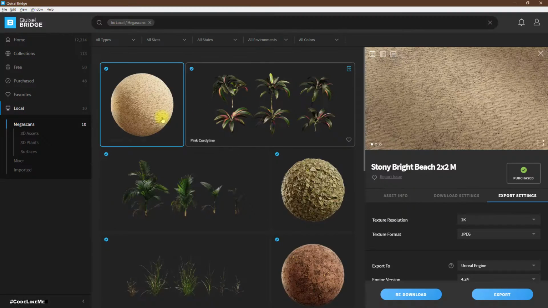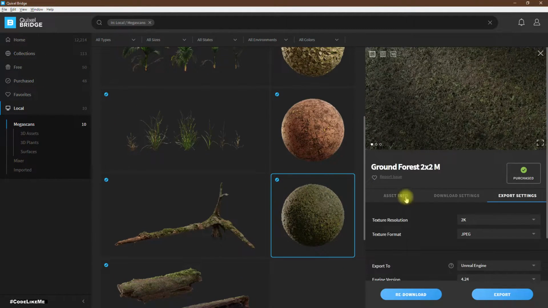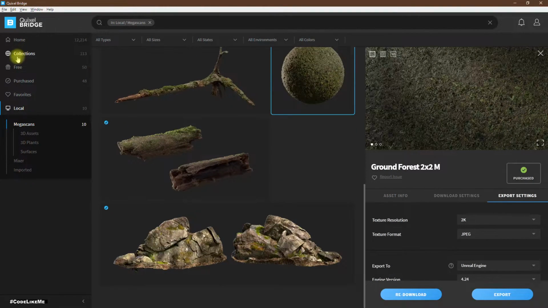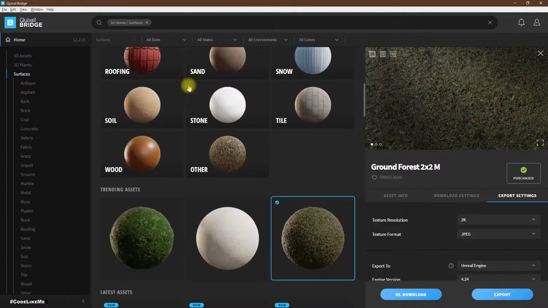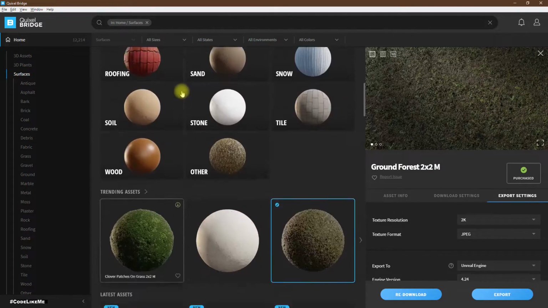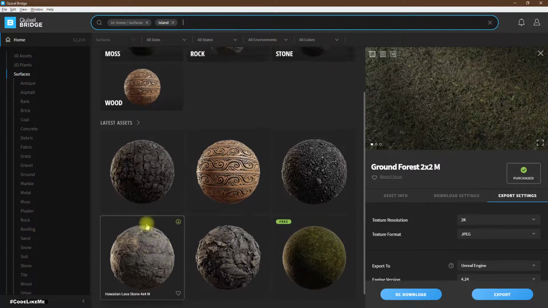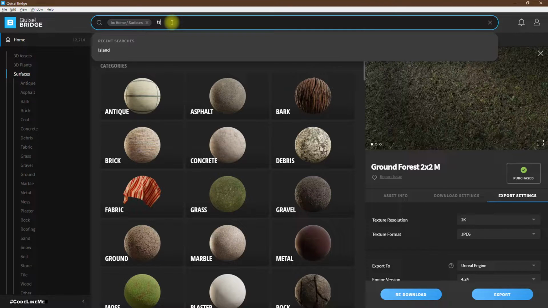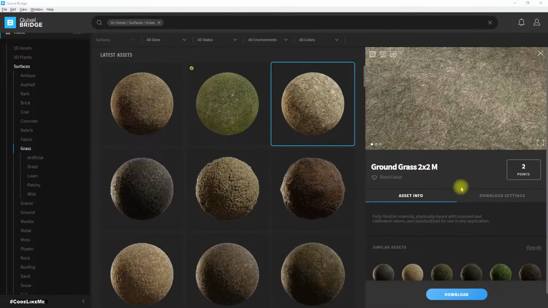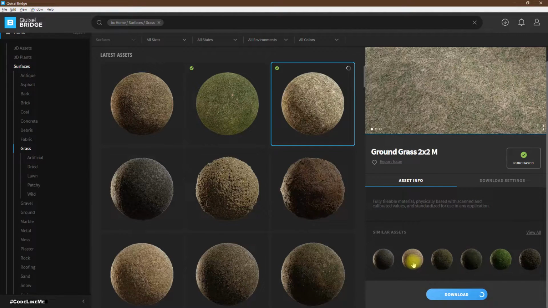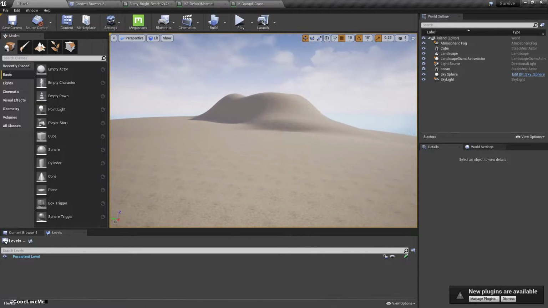Now let's get another type of surface, maybe another grass layer. Which grass would be suitable for an island? Let's say instead of island, let's say tropical. This one would be better. So until that downloads,